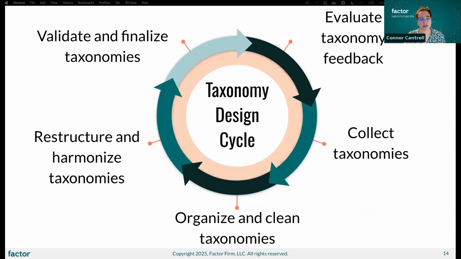Okay, so what are the practical steps of taxonomy design that a taxonomist can control? I mentioned at the beginning that some of my experience as a consultant has been on taxonomy projects with definite starts and ends. These tend to be more intensive lifts that proceed in a very linear fashion. But I think it's usually more appropriate to think of taxonomy design as a cycle, hence the big circle on screen. After all, I do think it's a living, changing structure that needs to be able to adapt to